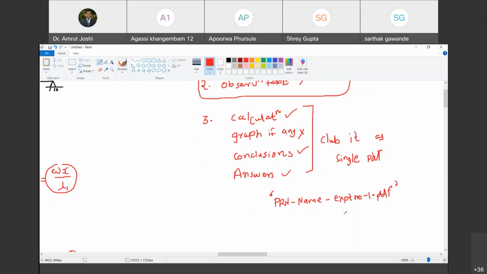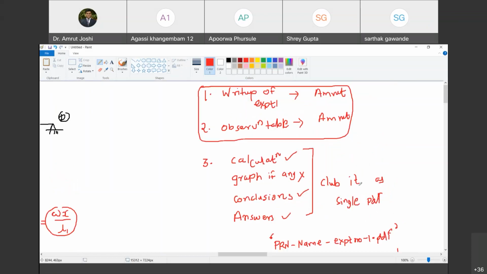And this file you need to upload on Google Classroom. I will make a provision for it. Are you with me? Yes, sir. By the due date, I will declare that due date on the Classroom. Are you very clear what you need to do? Yes, sir. You don't have to write the experimental theory part, nothing. You have to only furnish these 4 things. Are you with me? Yes, sir. Club it as a single PDF, give the name to PDF in this format and upload it. Happy? Yes, sir. Okay, so let us stop for today.